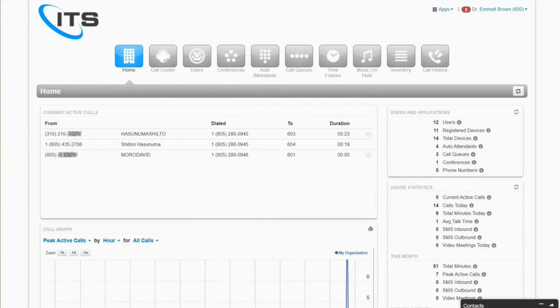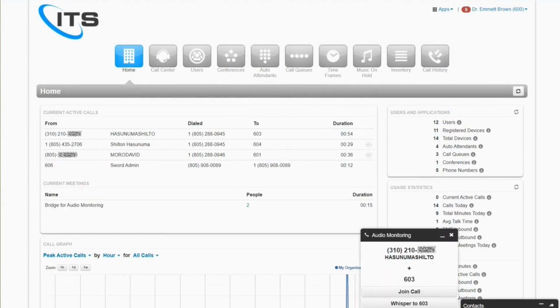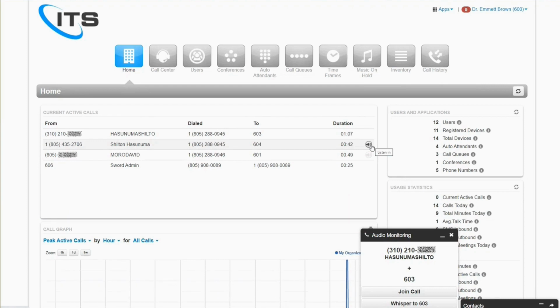The ITS VoIP web portal homepage offers helpful views and navigation to your services and features. Here is where you can utilize the Monitor, Coach, and Join feature. You can see a list of current and active phone calls. Click here to listen to a live call. While listening to a live call, a call pop-up window appears where you can coach and/or join in on the